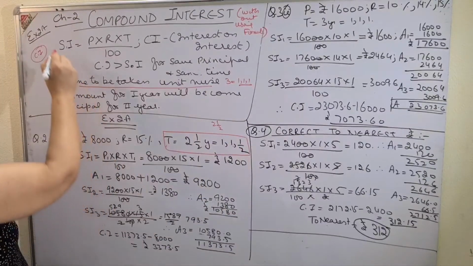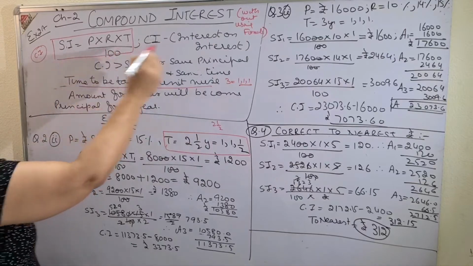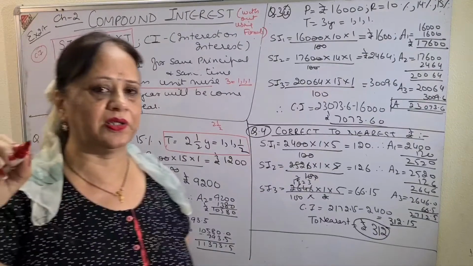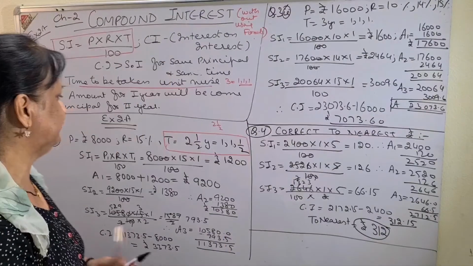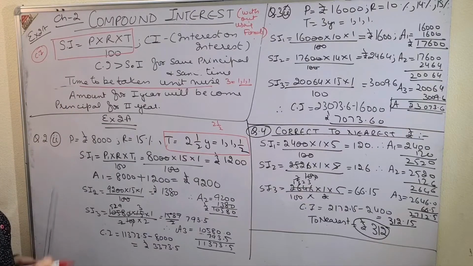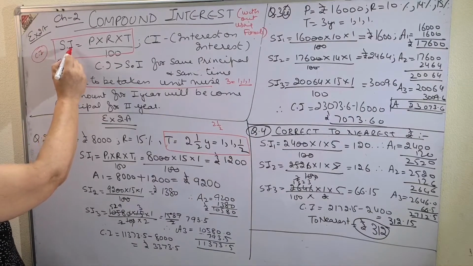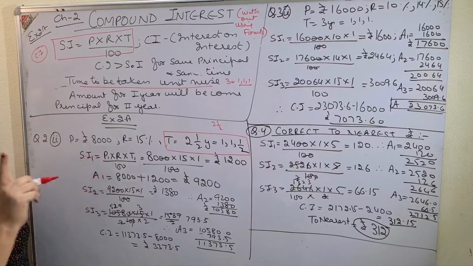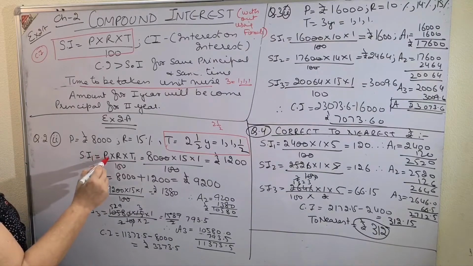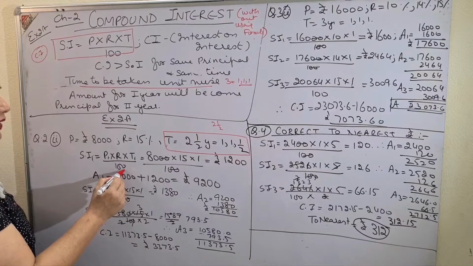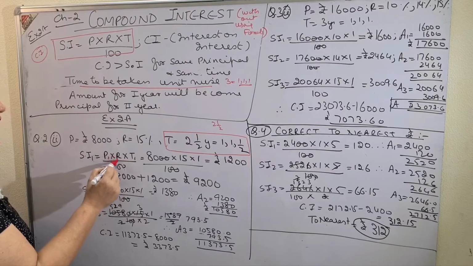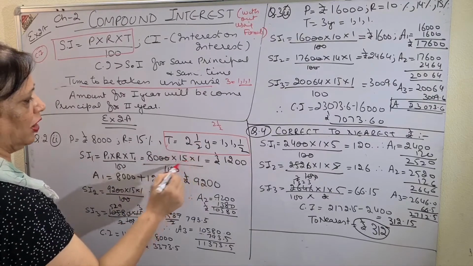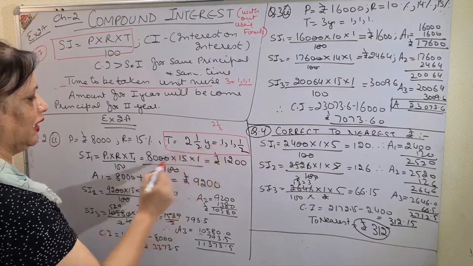Then I have asked you to use the formula of simple interest for compound interest without using formula, because for using formula we have a different formula which I will talk about in later videos. Now see, simple interest SI1. Usually when we used to do this in previous classes, we never wrote 1 at the bottom, but now I am writing SI1. 1 denotes that you are calculating for the first year. So SI1 equals P1 into R into T1 upon 100. That means P1 is principal for the first year, rate is same, and T1 is the first unit. So 8,000 into 15 into 1 upon 100, because time to be taken unit wise.